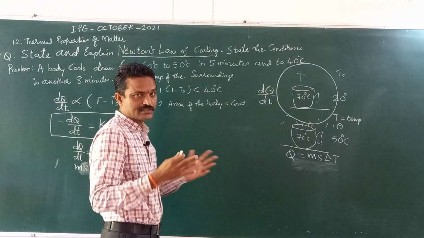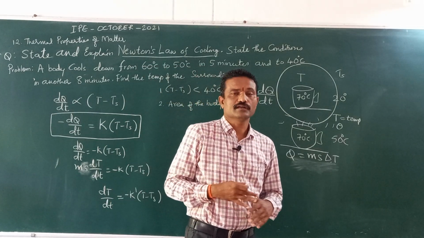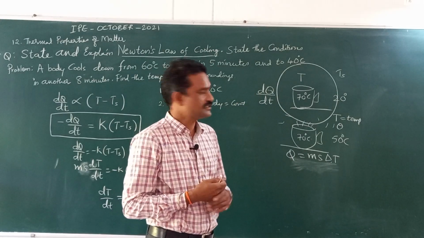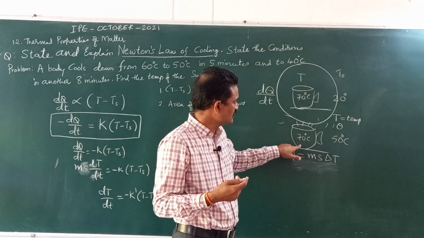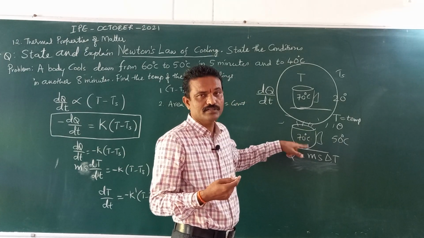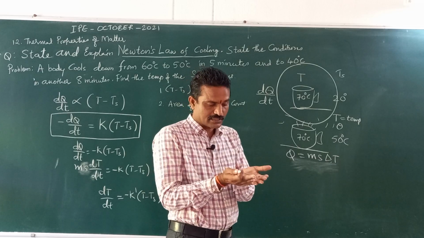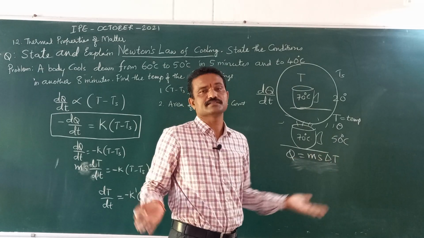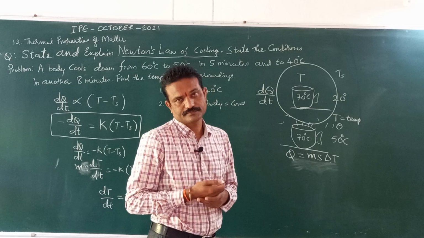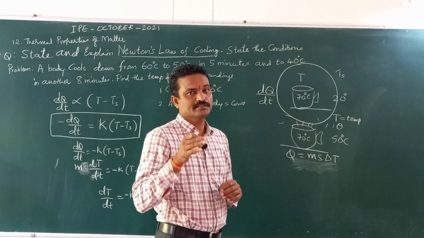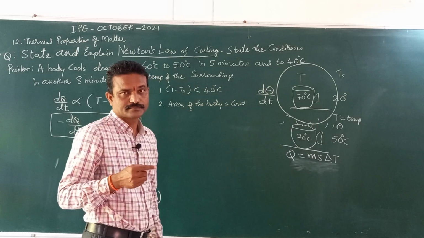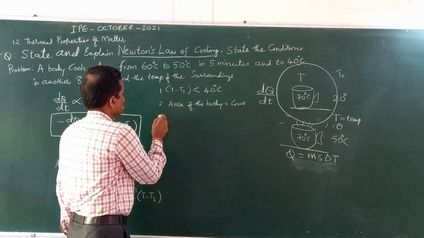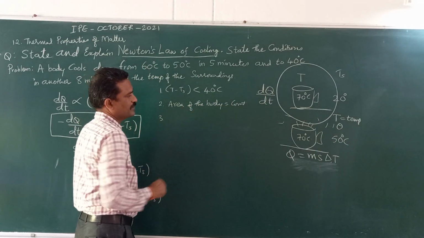If the surface area changes, the rate of cooling will also change. Just now I told you, you take a hot cup of tea in the summer season, what do you do? You pour it into a saucer. In the saucer, the surface area of the milk or tea increases, then it cools down faster. So while you are considering Newton's law of cooling, you are not supposed to change the area of the body. Right. Next. The object must be uniformly